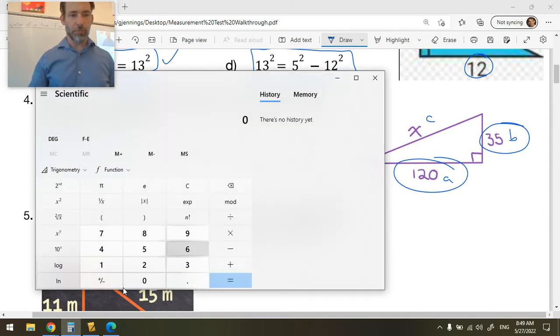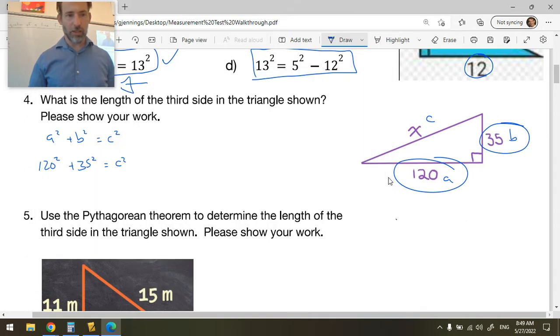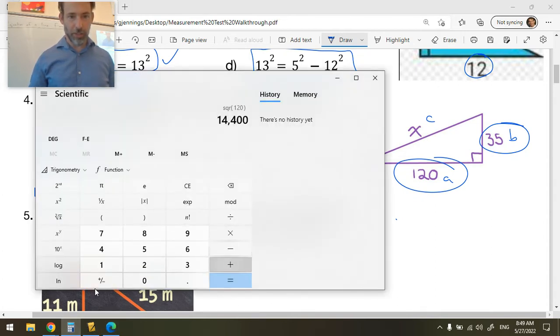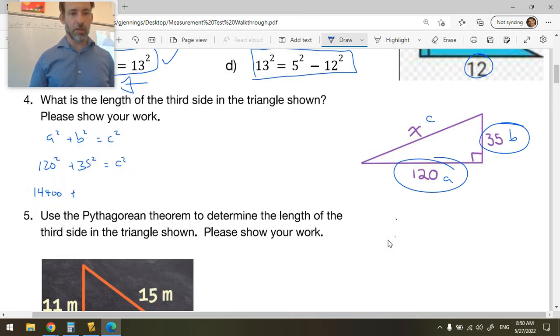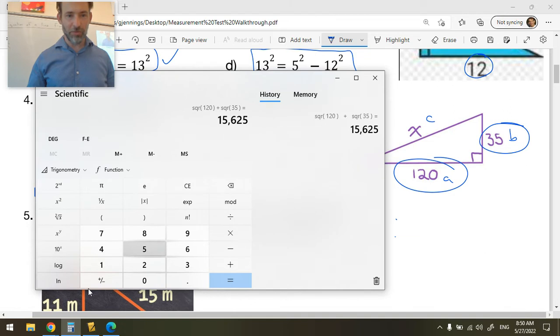And then I evaluate. So I have 120 squared is 14,400. Okay, so I write that down underneath here. 14,400 plus 35 squared. So I'll write that into my calculator because it's scientific, plus 35 squared. Scientific means it does the BEDMAS in the correct order for me, equals 15,625 equals C squared. I forget what that number was. It was the square of 35. 35 squared equals 1225. Okay,